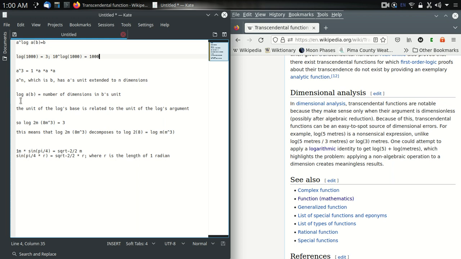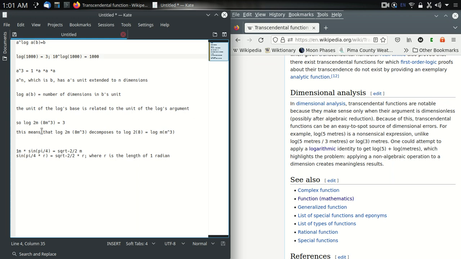And that is why that is the problem, because they haven't actually thought it through, right? So log base a of b yields the number of dimensions in b's unit. That tells you what it is. If these are just numbers, then that tells you if b had a unit on it, how many dimensions that unit would have to be in relative to the dimensions of a. Right. So the unit of the log's base is related to the unit of the log's argument,